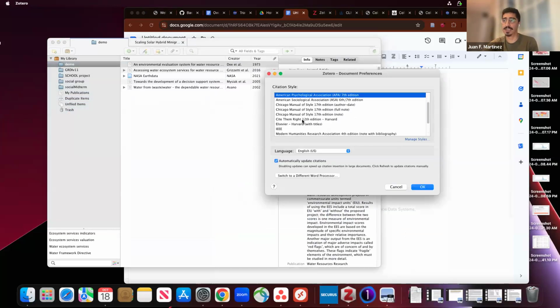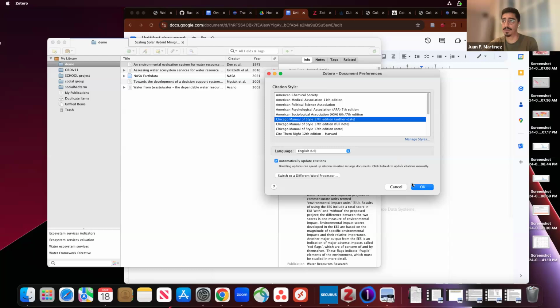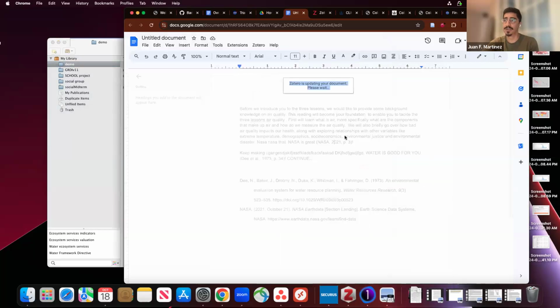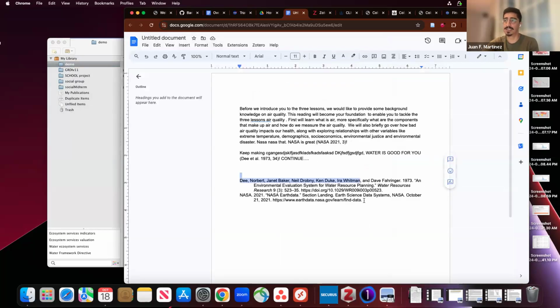If you want to change the style, you can choose a different one. Like if you want to go for Chicago, you can change it, and it'll change the styling. You can also do custom edits. So like if you're like, oh, NASA, but I wanted to say something else as well, you can add it,